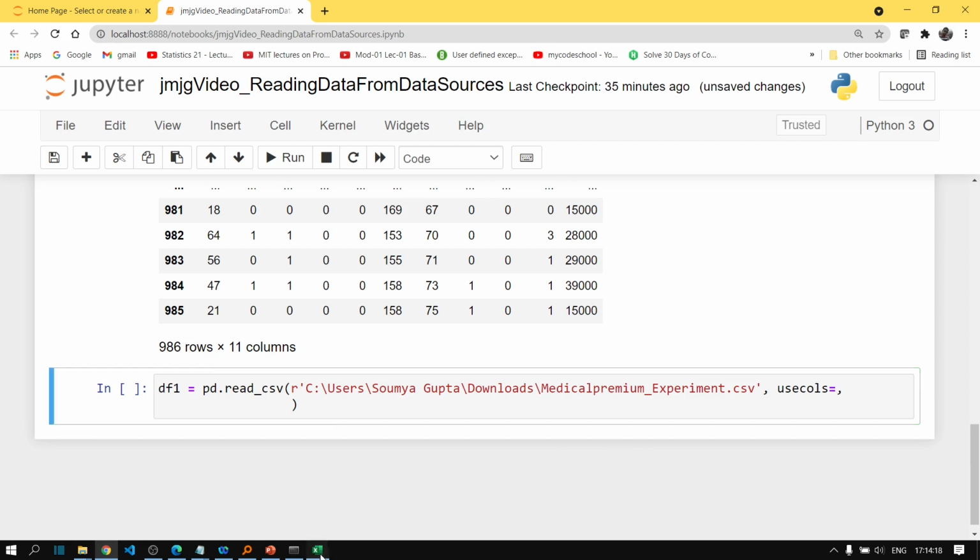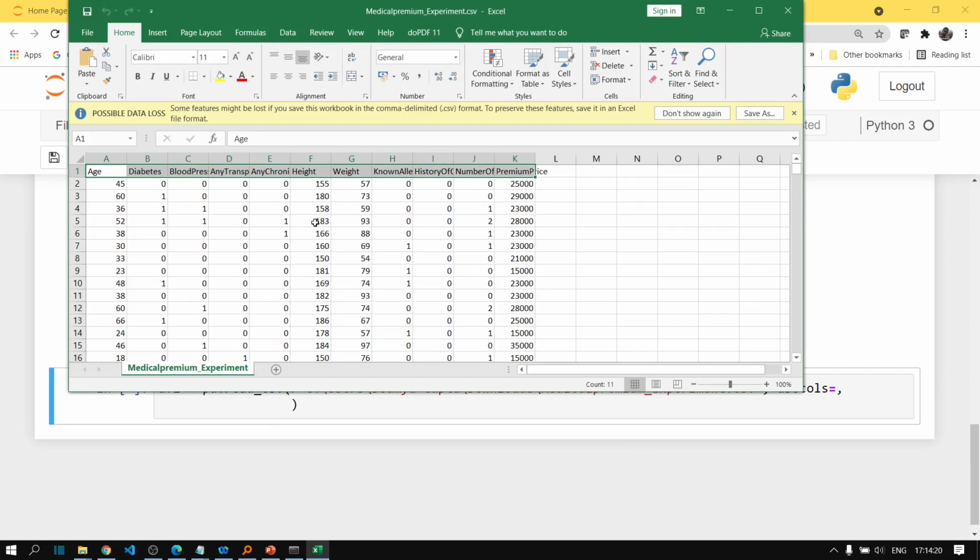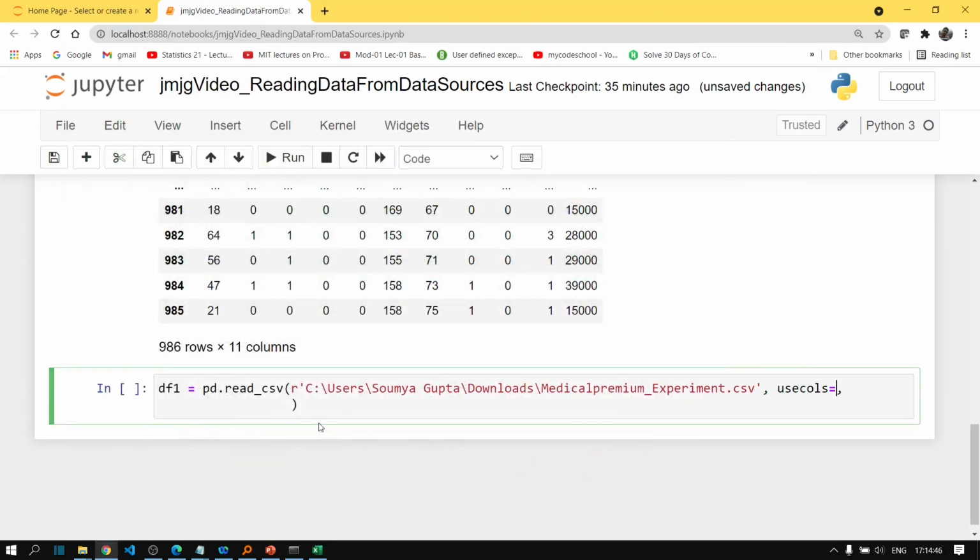Let's say from this file you don't want to import all the columns, you only want to import selected columns. Let's say you want to import blood pressure, any transplant, any chronic diseases, and height, these 4 columns. So what you basically have to do is that in usecols you have to mention the names of these 4 columns as a list.